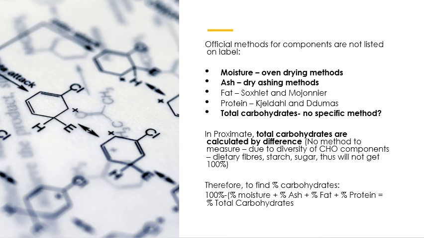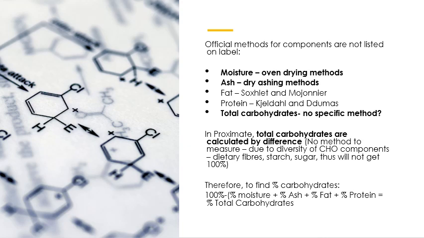For example, for moisture, the official method that is commonly used is the oven drying method. For ash, it is the dry ashing method. For crude fat, I'm going to elaborate more on this later, it is Soxhlet and Mojonnier. For crude protein, we can use Kjeldahl and Dumas, whereas for the total carbohydrate,